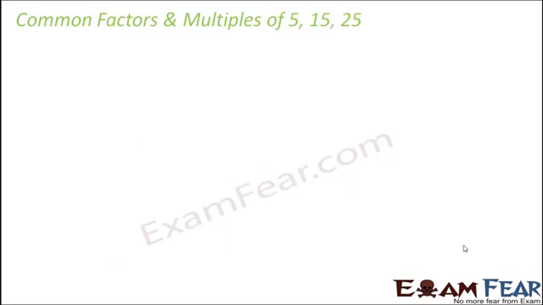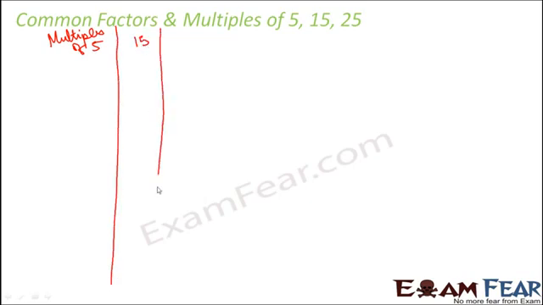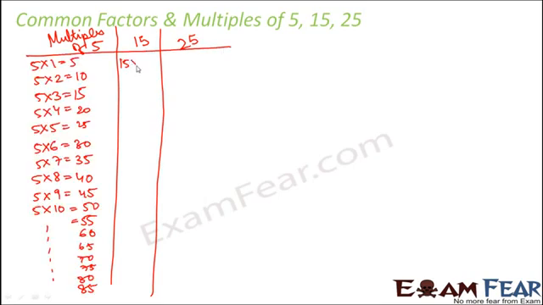So let us try with a set of 3 numbers. So here you are asked to find out the common factors and multiples of 3 numbers, 5, 15 and 25. So here also we will follow a similar approach where we will first write down multiples of each of these numbers. So multiples of 5, then multiples of 15 and then multiples of 25. Similarly, when we write down multiples of 15, it would be something like this: